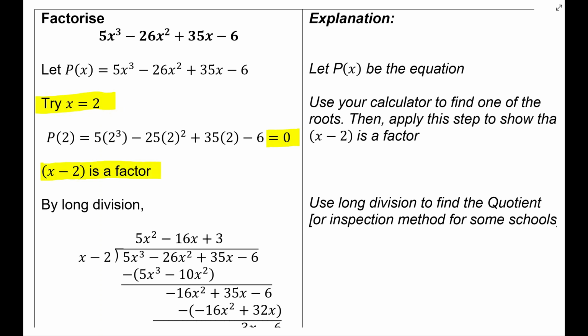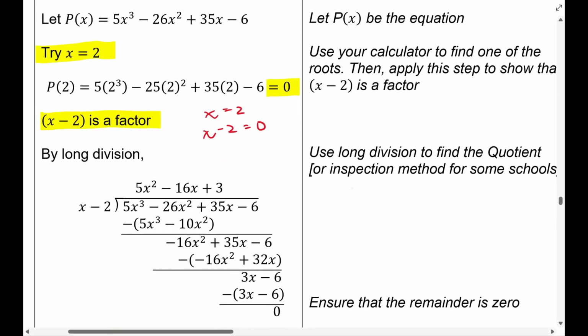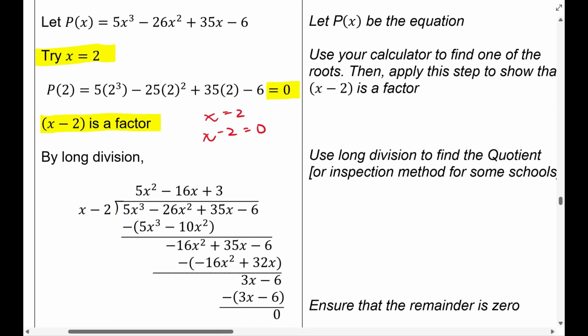Now how do you get x minus 2? So you have x equals 2, right? So you work backwards, then you get x minus 2 equals 0. Conclude that x minus 2 is a factor. And then you will end up with